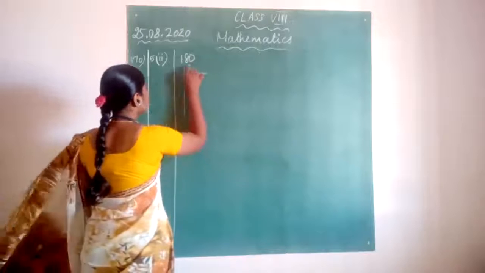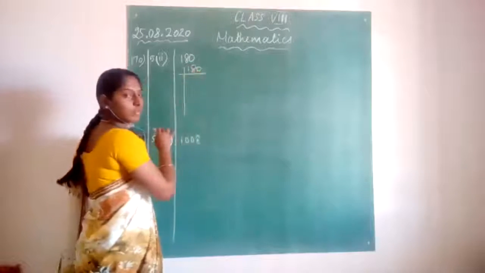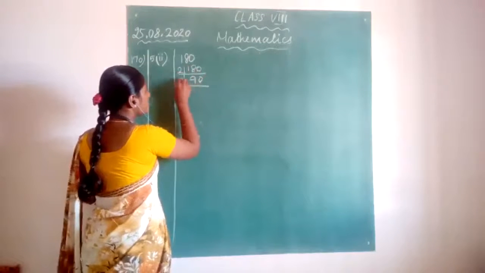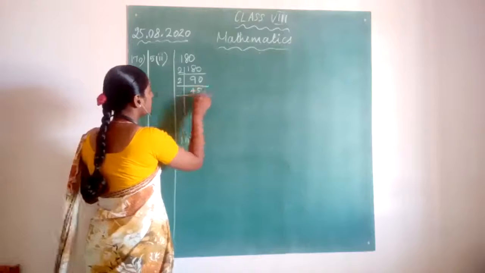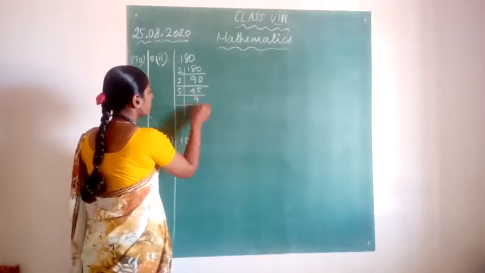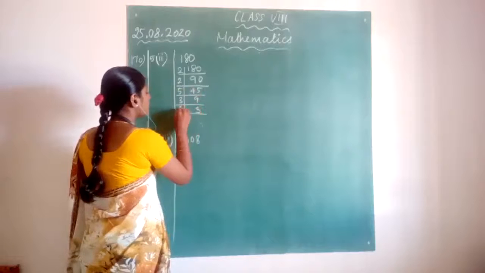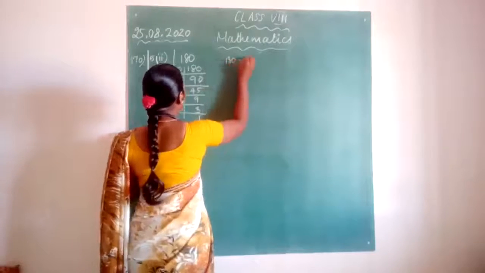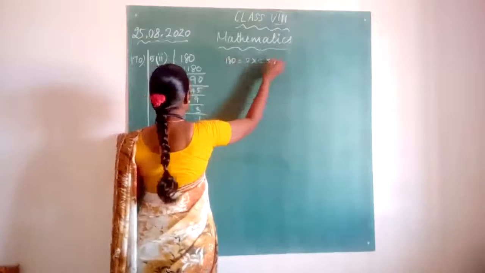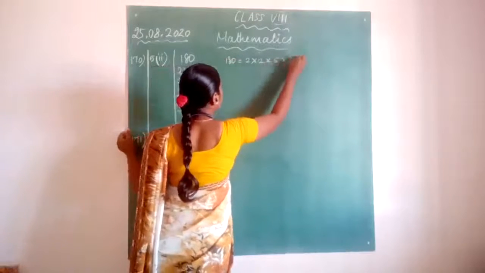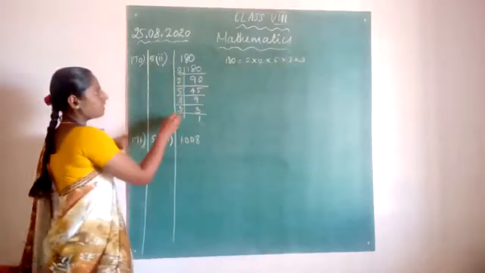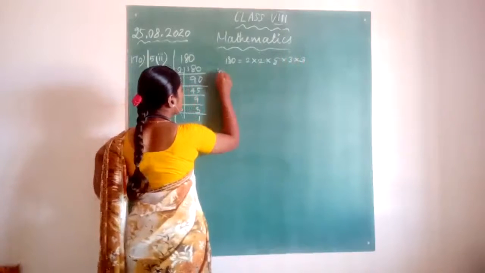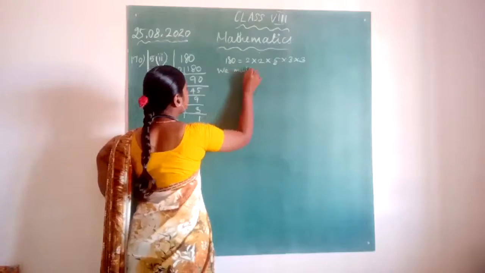Prime factorization of 180. Okay, so this is 2 90s, then 2 45s, then 5 9s, 3 3s, 3 1s. Okay, so now I can write 180 as 2 into 2 into 5 into 3 into 3. Is it clear? Only 5 is left out without pair. Okay, so we multiply